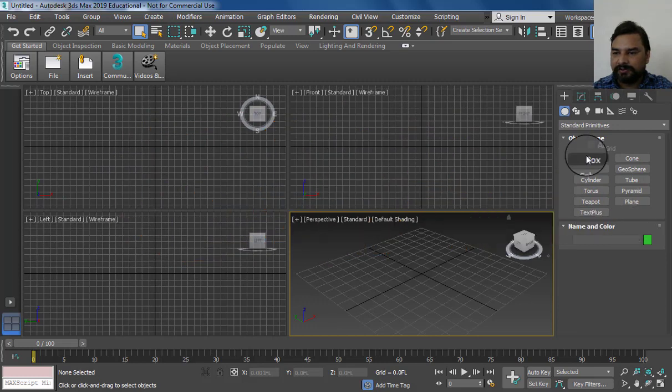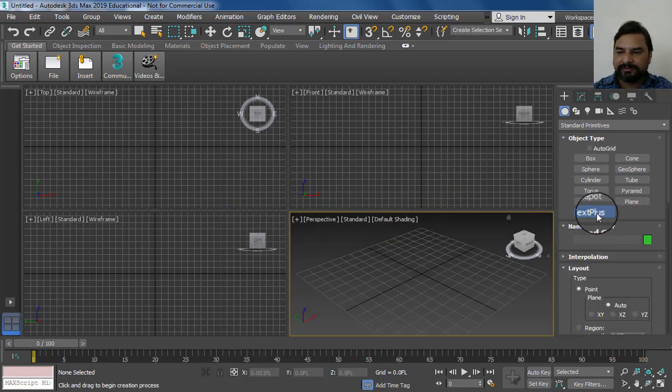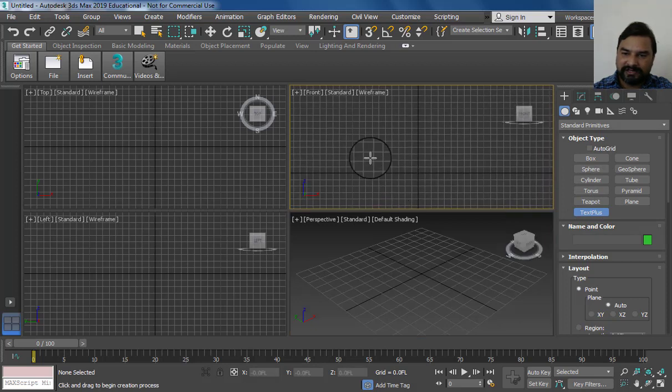Now what we do here is use the Text Plus option. Go to Geometry, Create, Standard Parameters, and here under object type is Text Plus. Go to the front view and click to create a text.